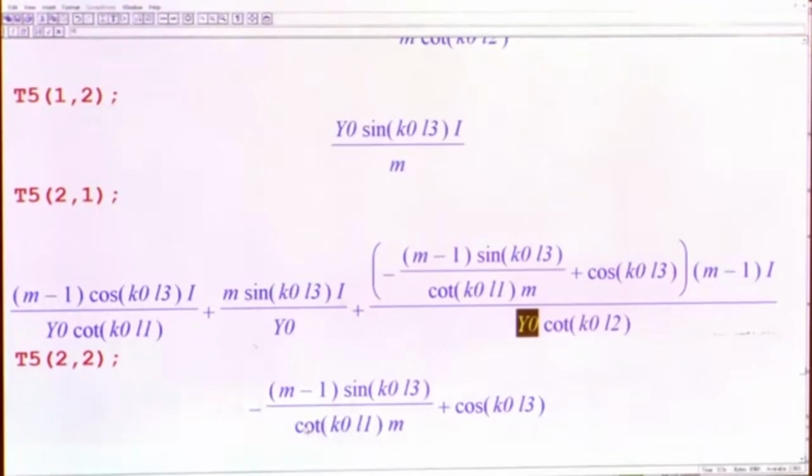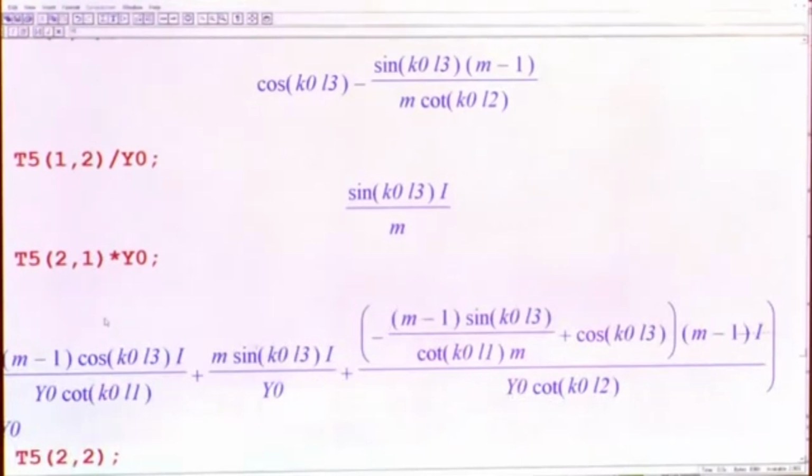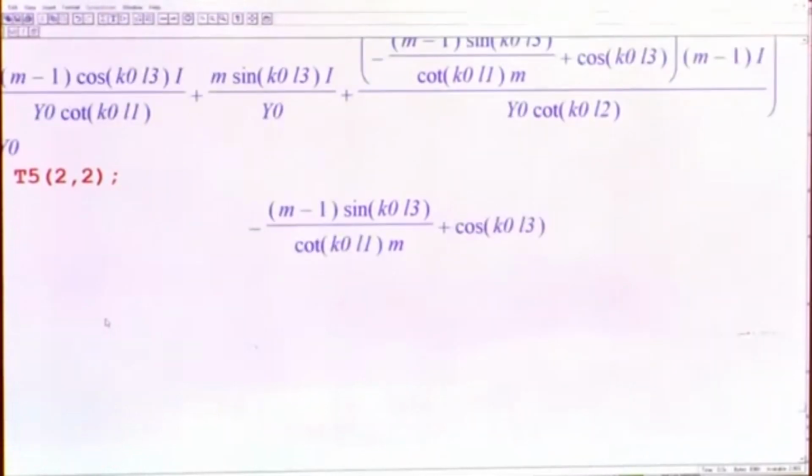If we simply divide this by Y naught, and we need not ask it to simplify, and similarly multiply this by Y naught, let us call this expression exp1, which is nothing but the summation of T5 1 1